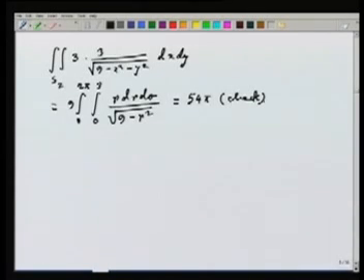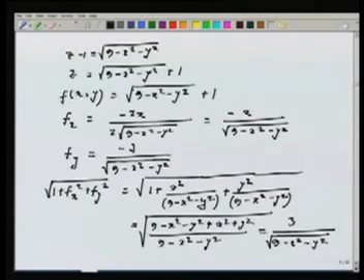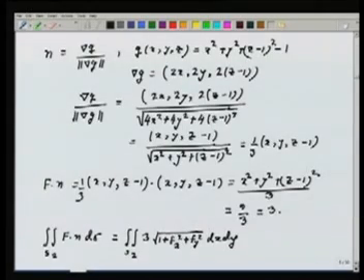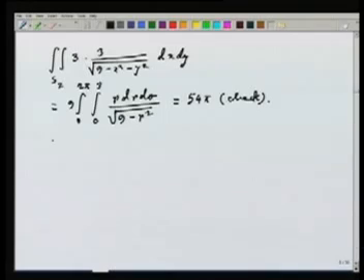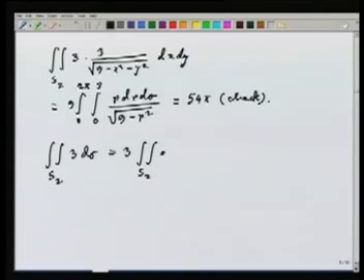But there is an easier way of doing it, because ultimately what is the integral I am trying to calculate? Well, the integral I am trying to calculate is double integral over S2 of 3 times d sigma. So let us look at it directly, that double integral over S2 of 3 d sigma. If I take 3 out, what I get is double integral over S2 d sigma. Okay. But then what is d sigma? It is the surface area of the sphere of radius 3, then the half of that, because I am looking